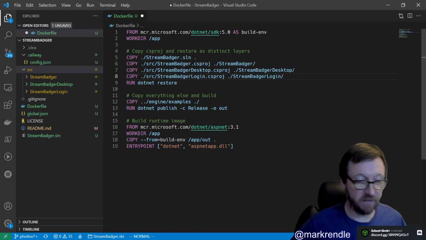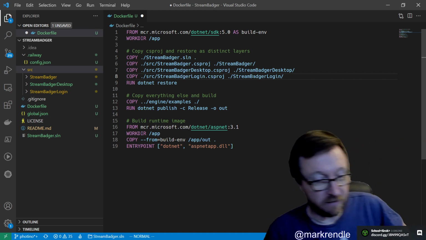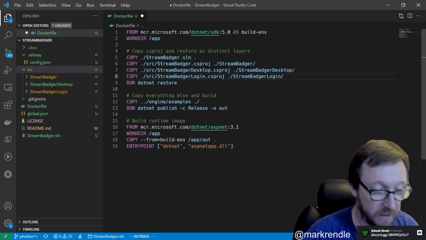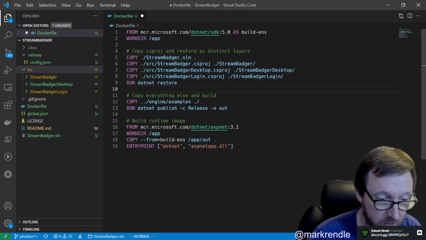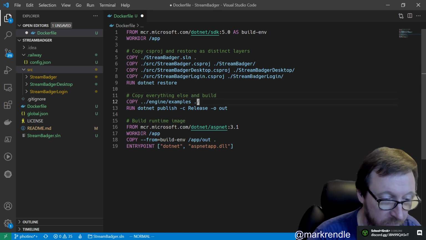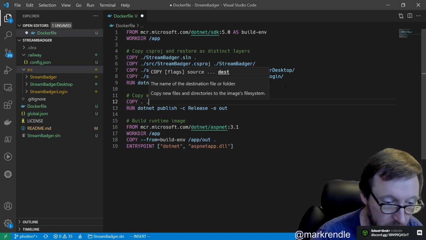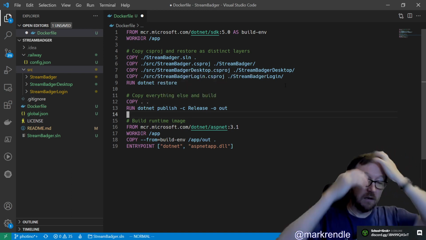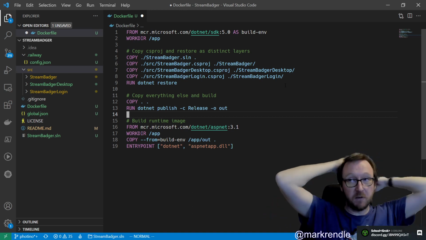Very sort of vexing thing. We have to copy all of these on, but it doesn't actually matter because all we're doing at this point is copying the solution and the project files on. Okay. And then we copy everything else. And the reason we do this is because the SLN and the CS proj files don't change that